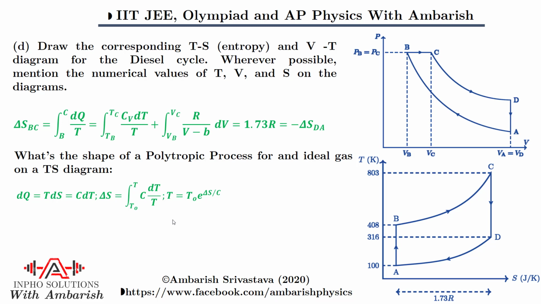And then we also have to draw the VT graph. Again the VT graph is going to be very simple, because we know all the volumes and all the temperatures from previous parts. So we can just plot all the points on the TV diagram. How to join them is also very simple. All these processes are like polytropic processes for an ideal gas, qualitatively. And what's the equation for a polytropic process? That is T V to the power x minus 1 is constant, and the slope can be found by differentiating log V plus (x minus 1) log T. You differentiate that and you will get dT by dV.